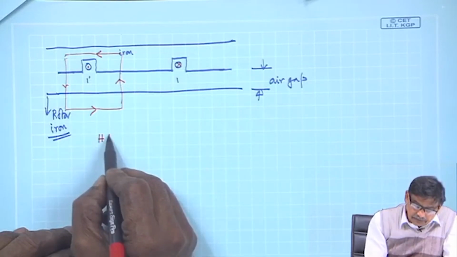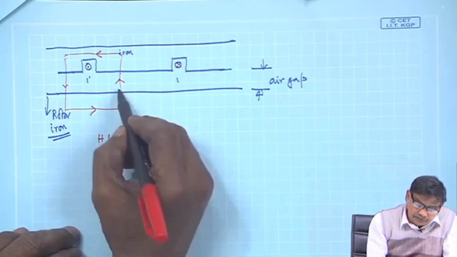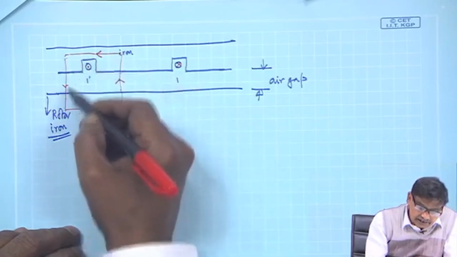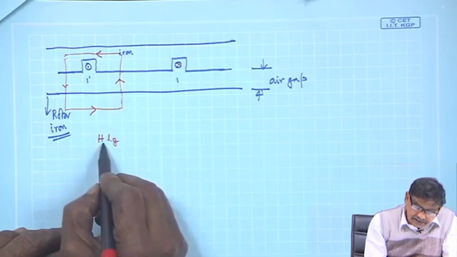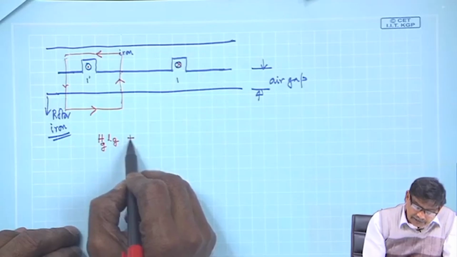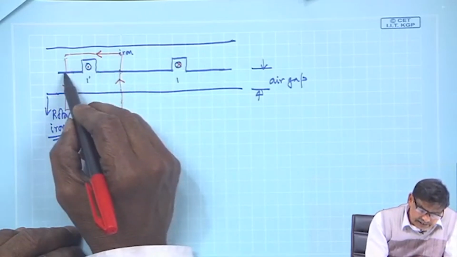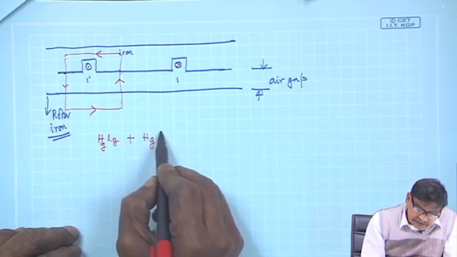So, H dot dl I have to do. So, H dot dl becomes H into length, because along that direction only I am going. So, Hg into Lg plus Hi into this Li stator, plus Hg into another Lg,